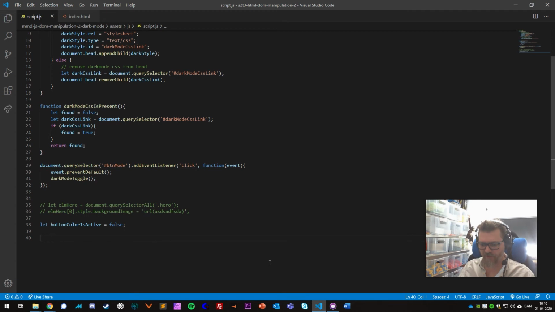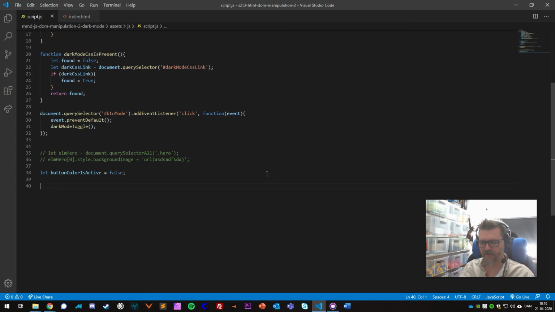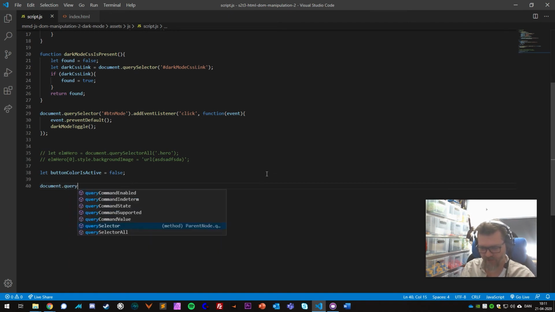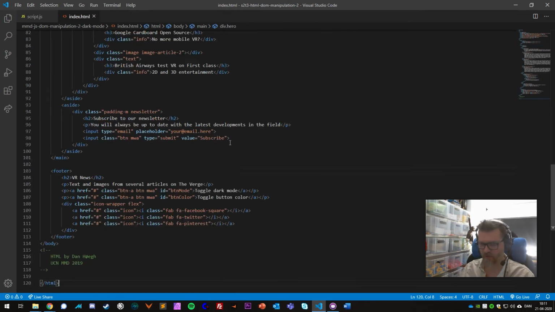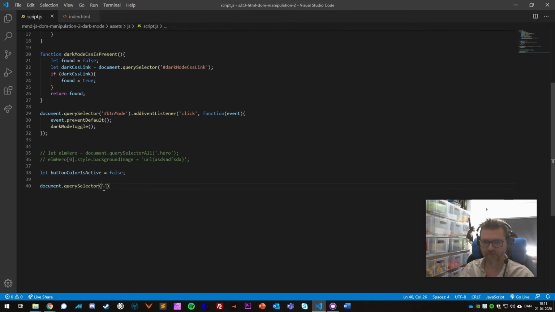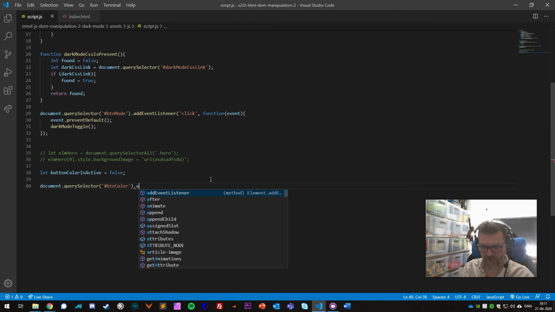Let me first bind an event listener to the button so that we can check if stuff works. So let's do that. Document query selector. The button's name was button color, and that is with a hashtag. Document query selector button color, and we need to add an event listener,